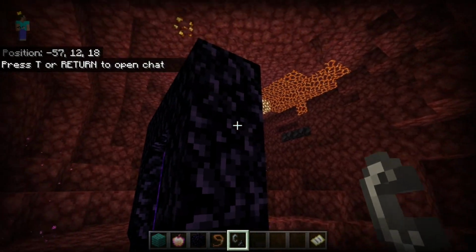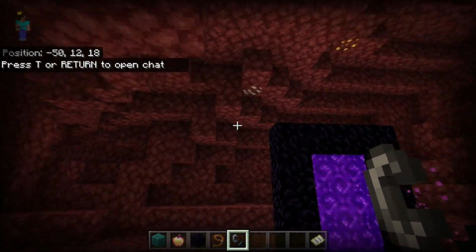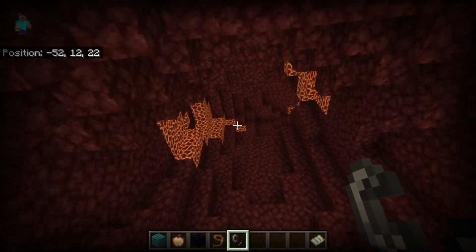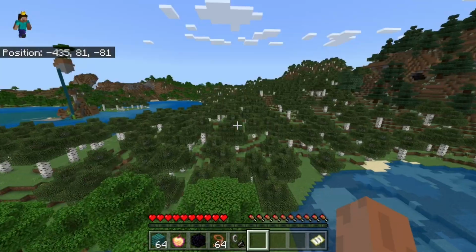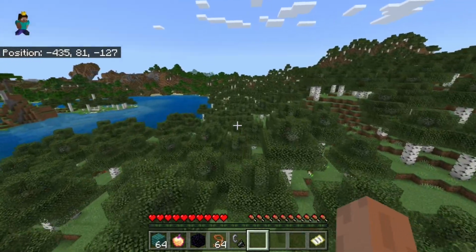And the answer seems to be not the best nether spawn in the world, but I can at least say that you're pretty protected and safe inside of here. But enough of the nether, let's see where the second woodland mansion is at. Well, to get to it, you're going to want to head in this direction right here, and on the way